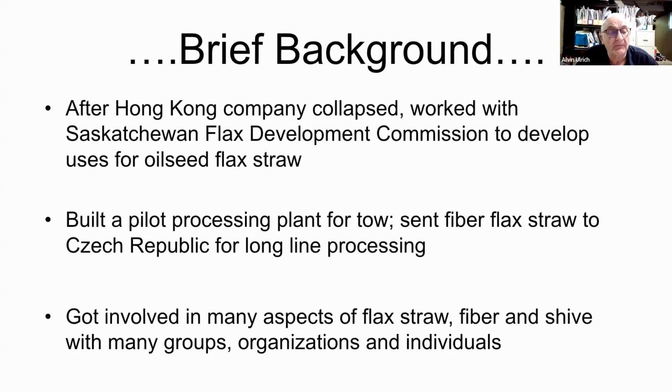Next slide. I started working with a group from Hong Kong who are interested in fiber for textiles. With that goal in mind, we looked at the highest value fiber that we could make from flax, rather than saying, how do we salvage poor flax straw that maybe comes from poorly managed oilseed flax. Over time,